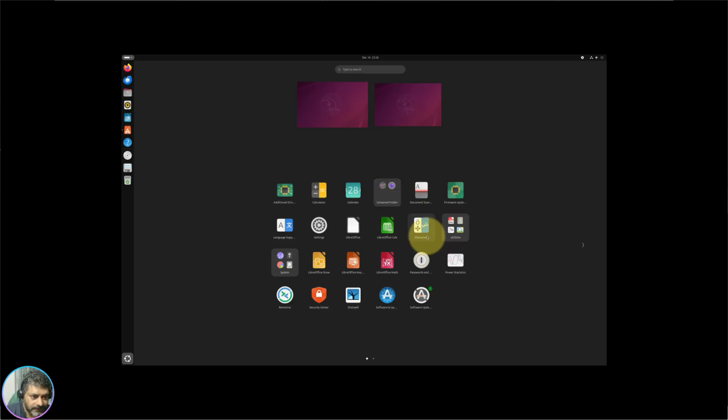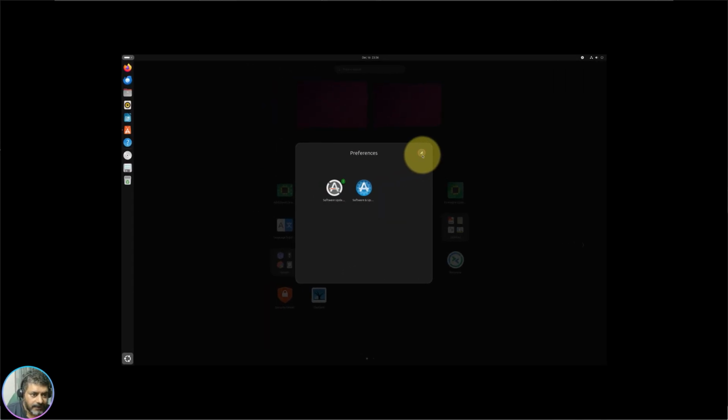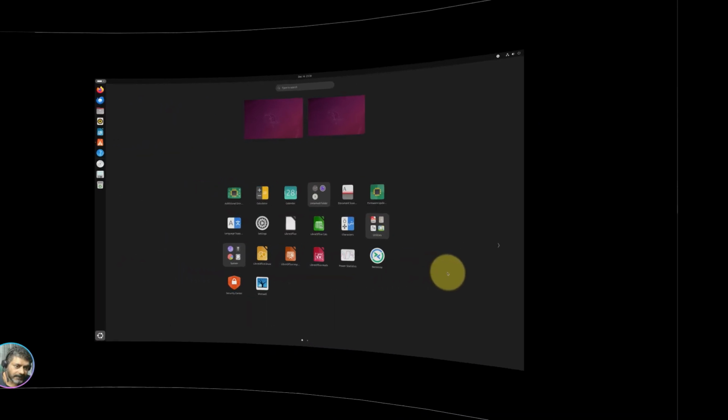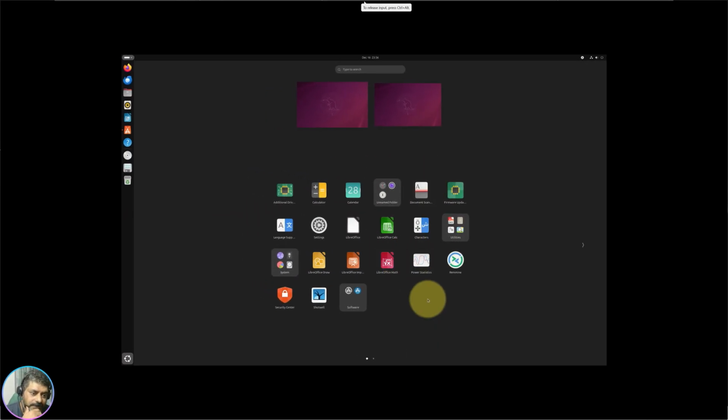Okay, see, like this you can. This is a good option. So you can put things here. Let's see, software, then you can go to preferences. Like this you can rename and categorize. So see, you can create groups, like, suppose if I want to create one like this for office